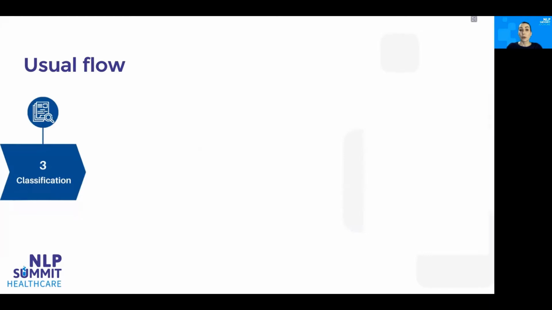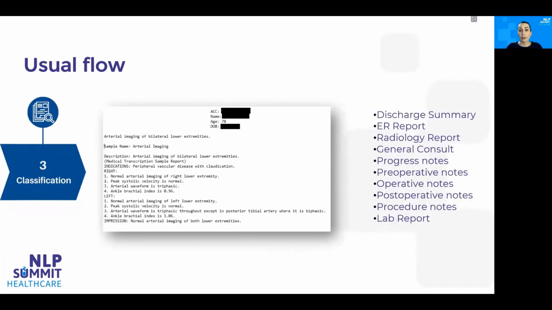Processing large heterogeneous amounts of documents, we often need to first identify what the document is about in order to be able to send it to the right analysis pipeline. This is normally done by classification. For instance, here, a classification model will deduce that the provided document is a radiology report and will send it